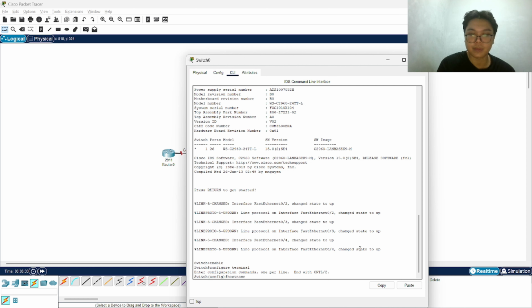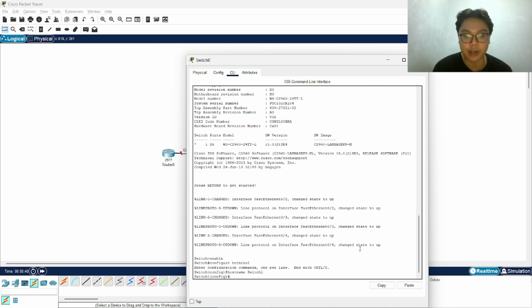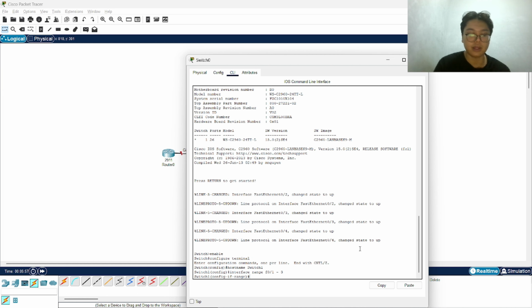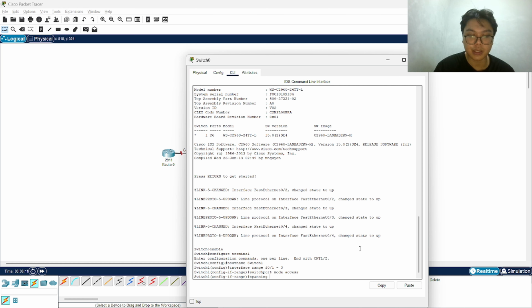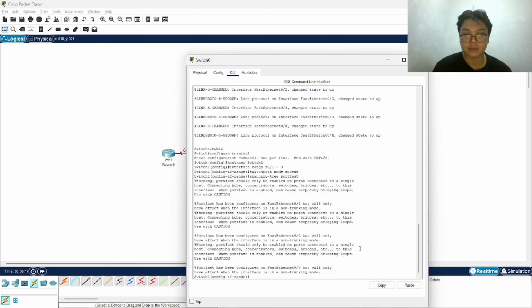Give the hostname Switch1, and then interface range FastEthernet 0/1 to 3. We set the ports to switchport mode access, and then spanning-tree portfast. Okay, that's successful. Then exit.